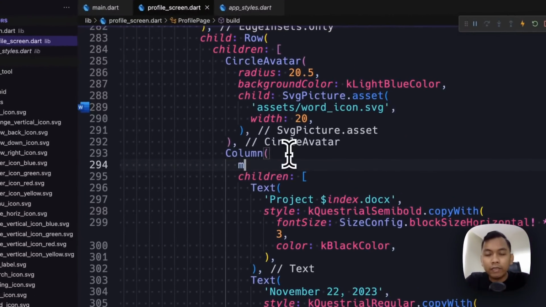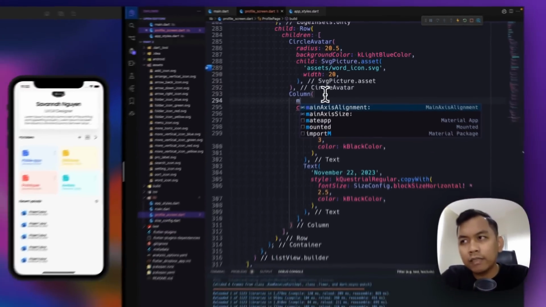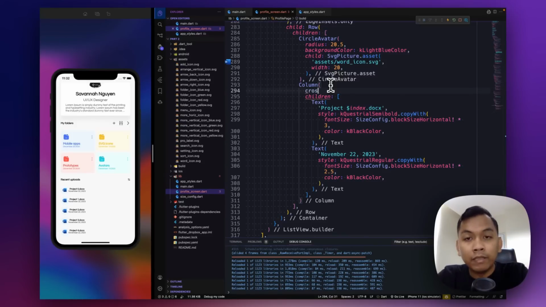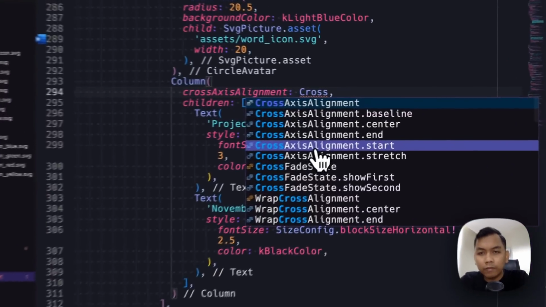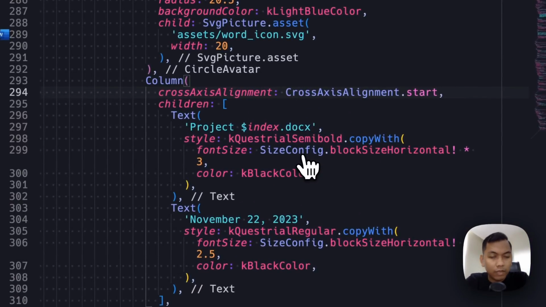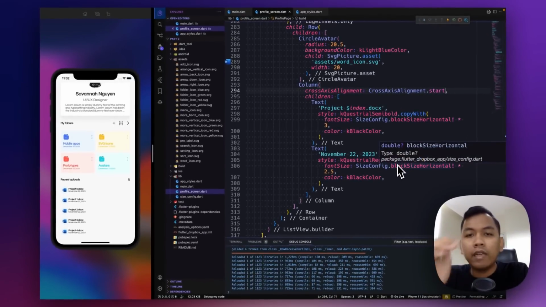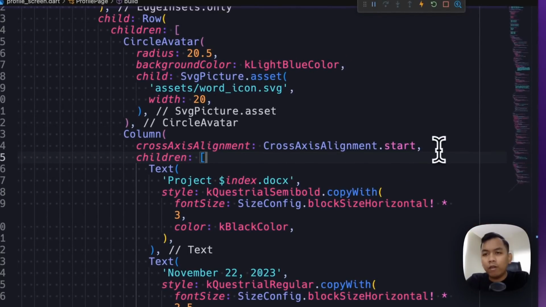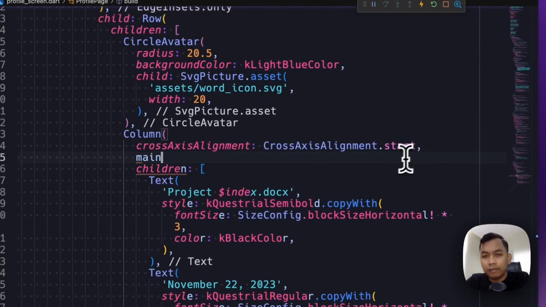And here we can set a main axis alignment, cross axis alignment to be start.